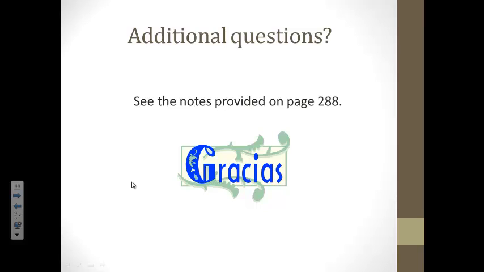Okay, that's it for the notes today on double object pronouns and using the acronym RID. If you have any questions, please write them down on section 8 of your note guide. You may also see the notes provided on page